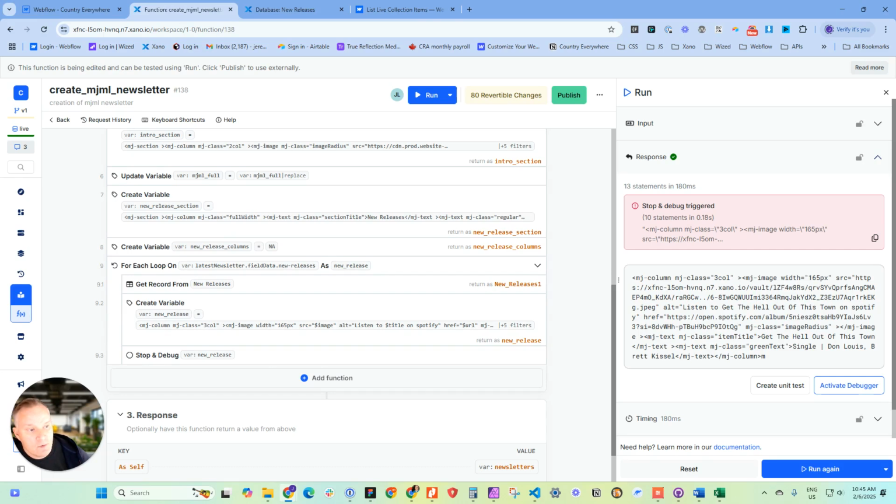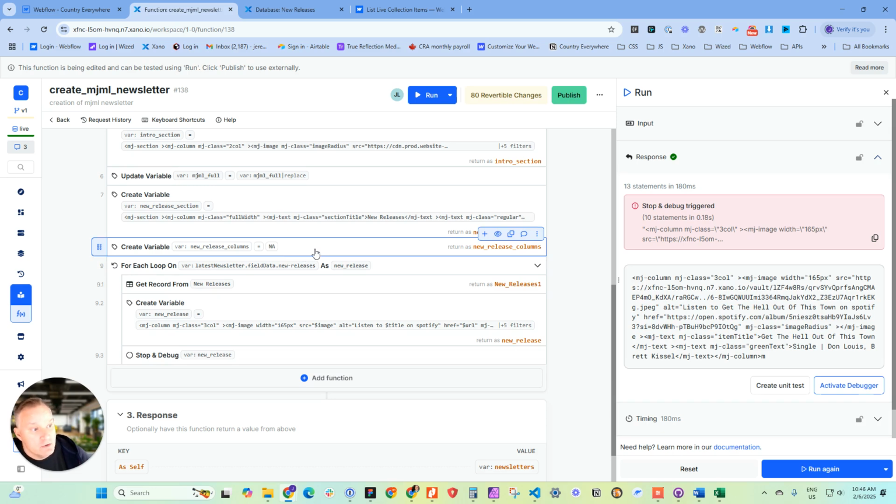So the other thing that we want to do is, because what we're doing is we're not really creating an array with these, like in JavaScript we might be creating an array, but what we're actually doing is just creating a long text, and that's how we're treating this. So because of that, we're going to use a text function. So we're going to update this variable that we had before,